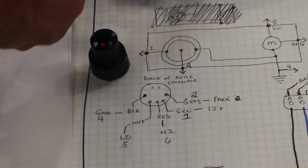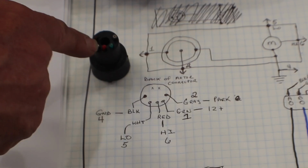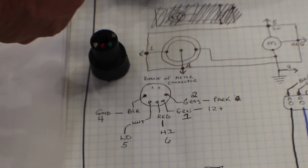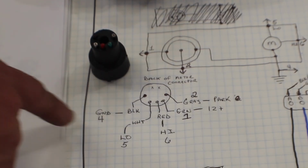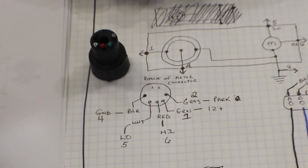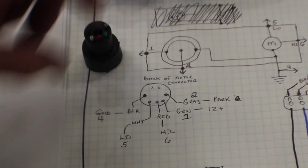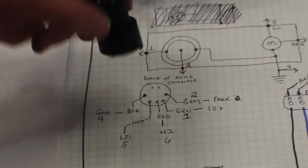So red over here on the motor, that's high. Then that one next to it is white right here. That's the low, so white is the low speed. And then we've got the ground, which is black, coming off this far side, pin number 4. And looking at that is how you can figure out what your factory one is